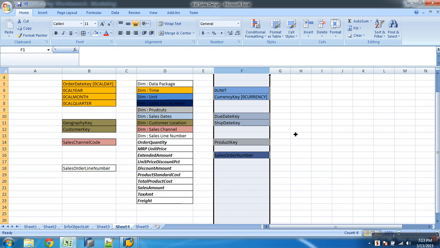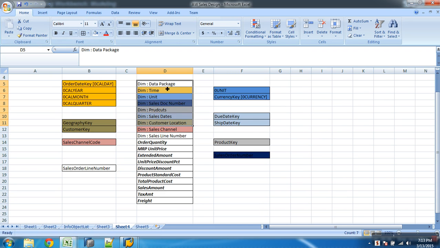Now, do you understand what you are trying to do when you say you're building a cube? We are trying to formulate it. So how many dimension tables will my cube have now? 3, 6, total 9 dimensions, and these are the key figures. And each of the dimensions will be connected to a SID table. Time dimension will connect to a SID table of this, and unit dimension will connect to the SID table of currency and unit. Sales document number will connect to the SID table of this characteristic.